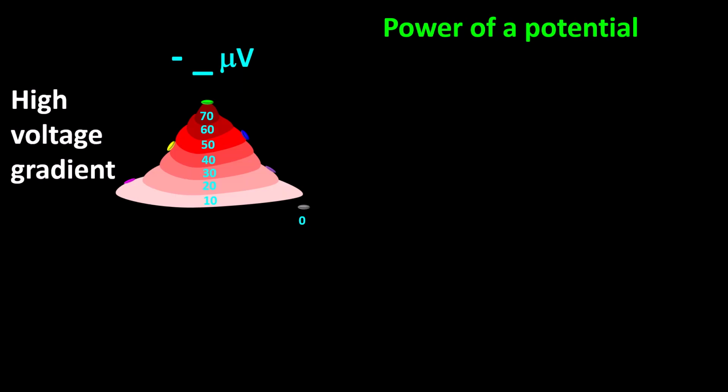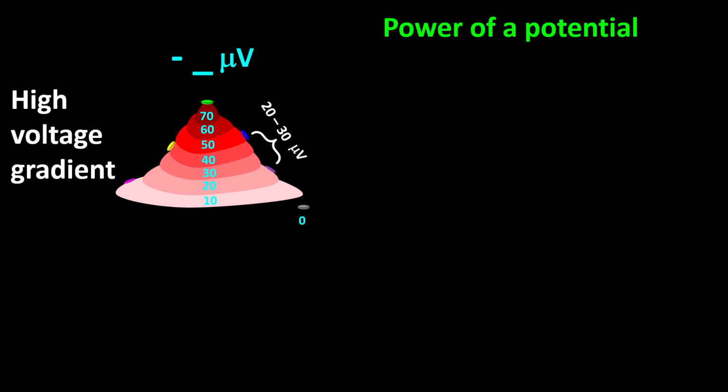A true, B false. One of the concepts that I like to use to help me visualize the difference in morphology of a wave recorded with bipolar montage or common reference montage is the power of the electrical potential generating the wave. If we were to have an electrical field with the characteristics present in this frame, that is a field with a maximum of a negative 70 microvolts and with a voltage gradient of 10 microvolts per division,